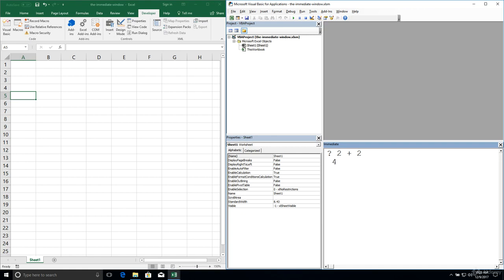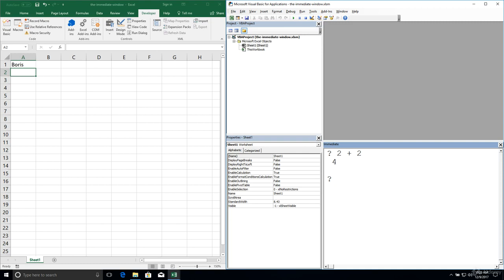So whenever we're getting something like a property value, we are getting something, which means we're asking a question as well. So in those situations, we also have to include the question mark. For example, let's say I put a value here in cell A1. I'm just going to put my name, Boris. Let's say I want to find out the value that's currently in cell A1 from the immediate window. I once again have to begin with a question mark. I'm asking a question. I'm not performing some kind of process or action or method. I'm just inquiring about the state of something.